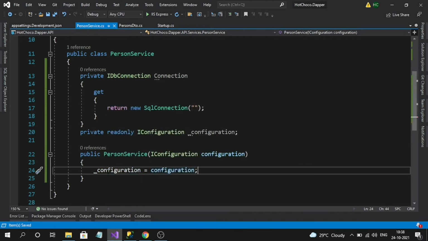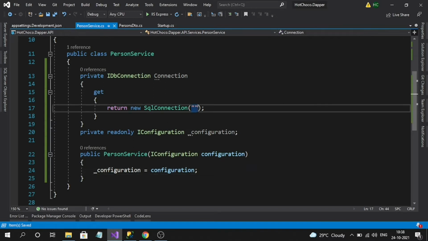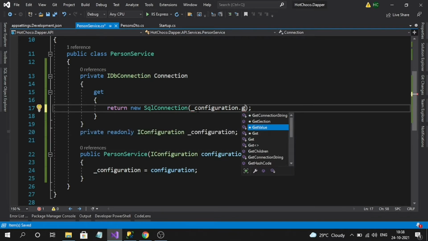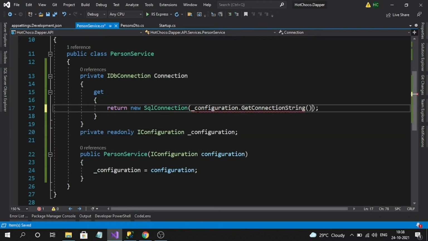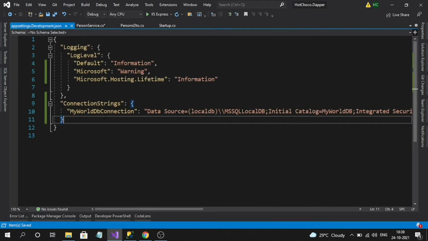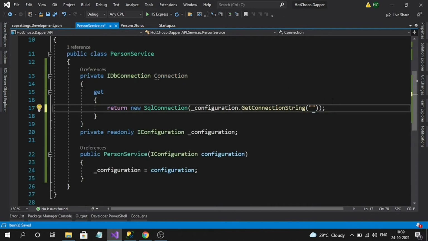Okay, like this. Let's initialize the IConfiguration, and from the IConfiguration, you can use the GetConnectionString method, and you can access the string like this. Okay, we have to pass our connection string property name. Okay, that's it. We are able to open the connection now.